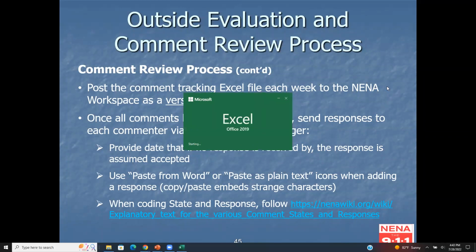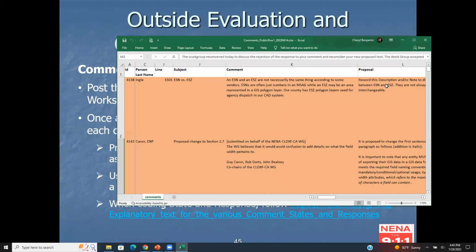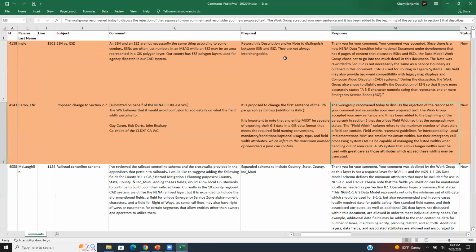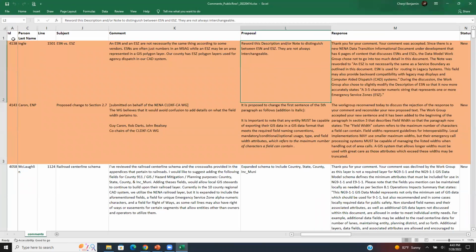And this is really comments during the work group, or is this like the public comment part? This is like the all committee review and public review. Okay. And it automatically, I've got columns hidden here, but it does a dump from the master database. And primarily when you're doing it, you're looking at their comment, their proposal, and their response is what you're going to fill in here. And so these columns will be filled out, but this one isn't. So if I pulled out an earlier version of the document,